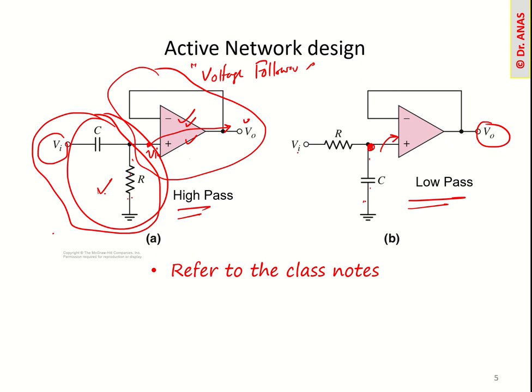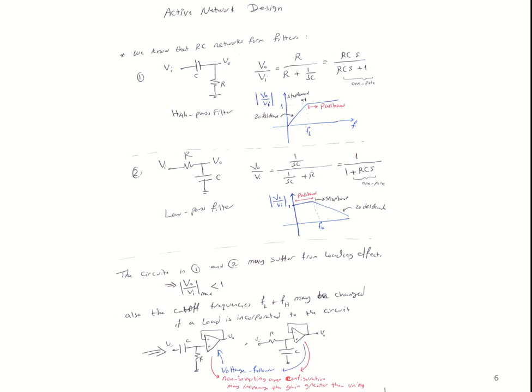It will resolve our problem of impedance matching here. And now we can make different kinds of filters, like these high pass and low pass filters. This is just the explanation that if you write the transfer function, it will become a high pass filter if you take the output across the resistor, and if you take the output across the capacitor, it will become a low pass filter.